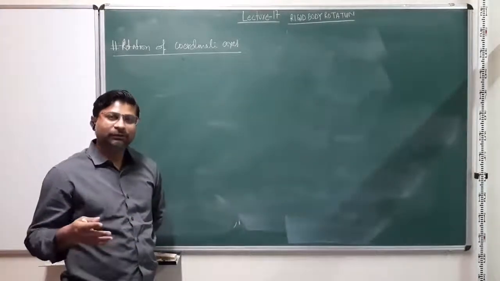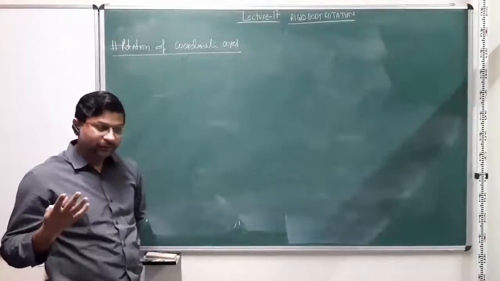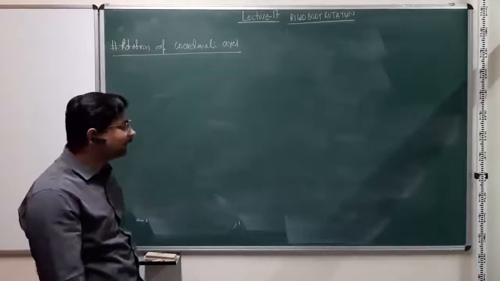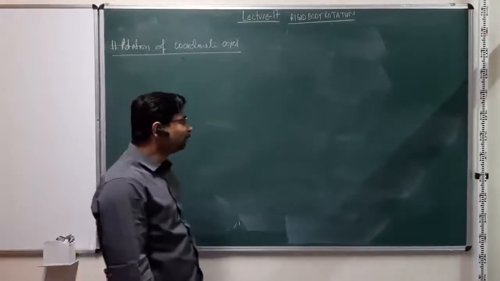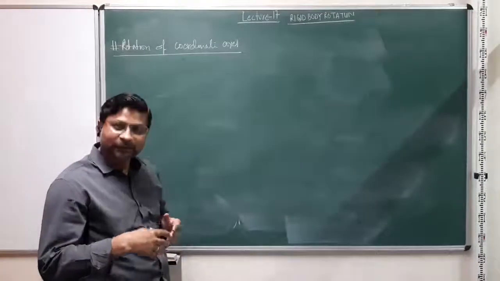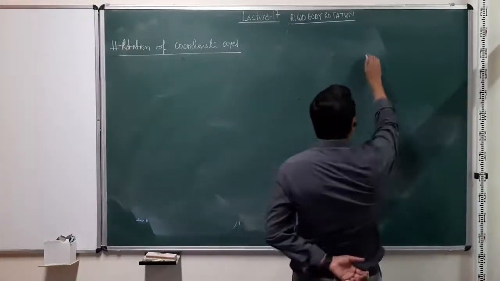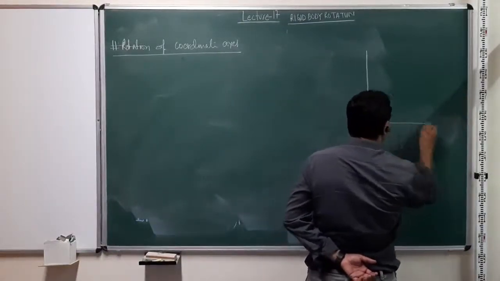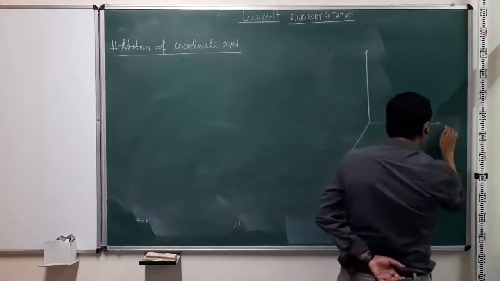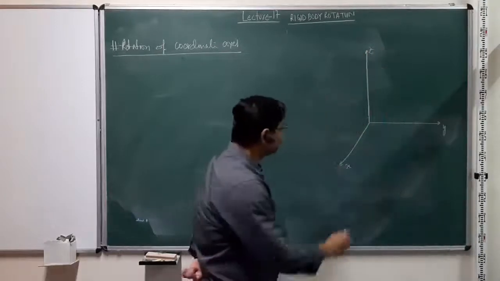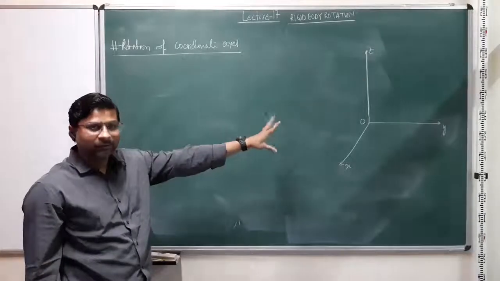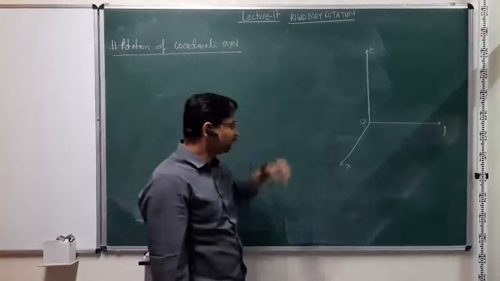Okay. So of course the result is general for the rotation about any axis, n cap. However, for the sake of representing it geometrically on the 2D blackboard, well, green board in this case, we'll consider rotation about the z-axis in the xy plane. As we did earlier, let's say this is my one coordinate frame, xyz, with some origin. And here we consider pure rotations. We are not worried about the translation of the origin because we have already dealt with that problem. We'll simply consider rotation about this.